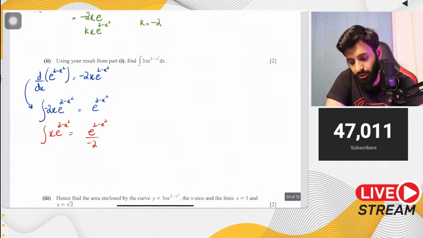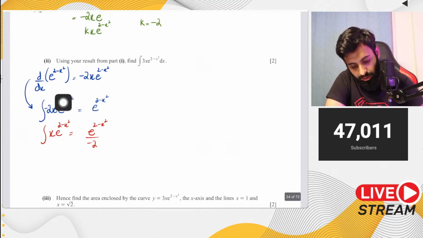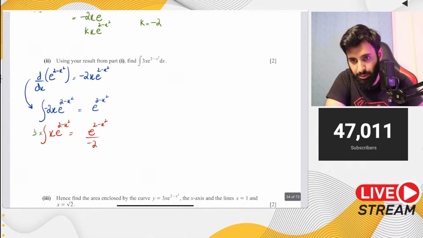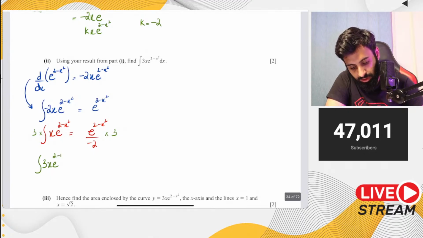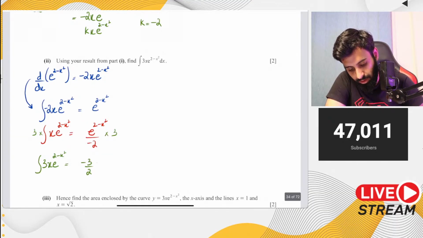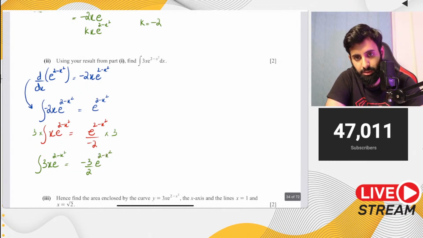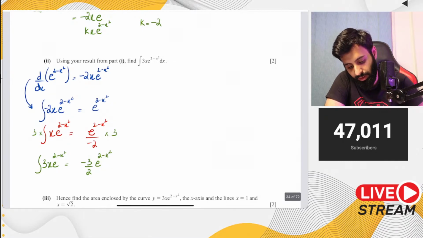Then we need to turn this x into 3x. How do I turn this x into 3x? I multiply the left hand side by 3, and I multiply the right hand side by 3 as well. So now we know the integral of 3x e to the power 2 minus x square is equal to minus 3 upon 2. I've written the minus sign with the numerator. That's how we normally write it. e to the power of 2 minus x square. There you go. Minus 3 upon 2 e to the power 3 minus x square,